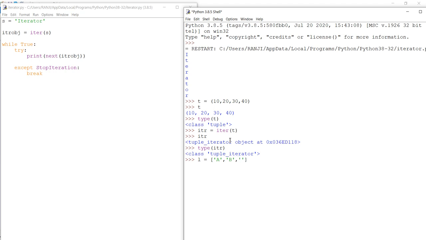This is just a random example like how the class changes. For demonstrating that, we have this. So l and type of l, that is class list, and then I have itr as iter of l, that is a list iterator at this particular object.